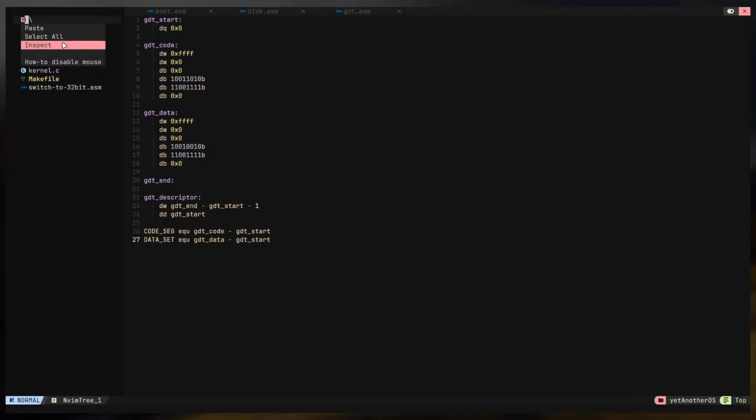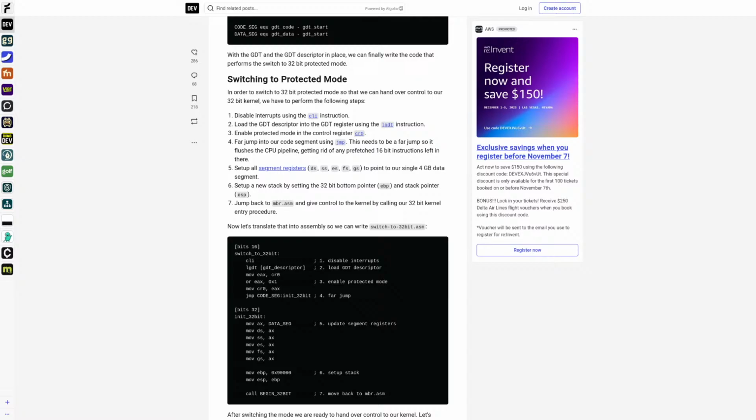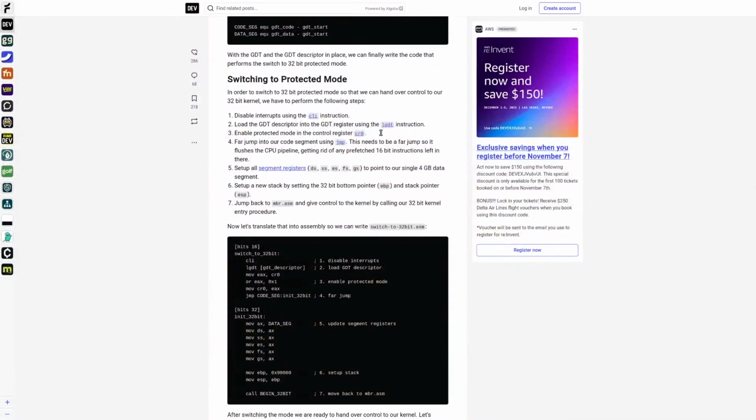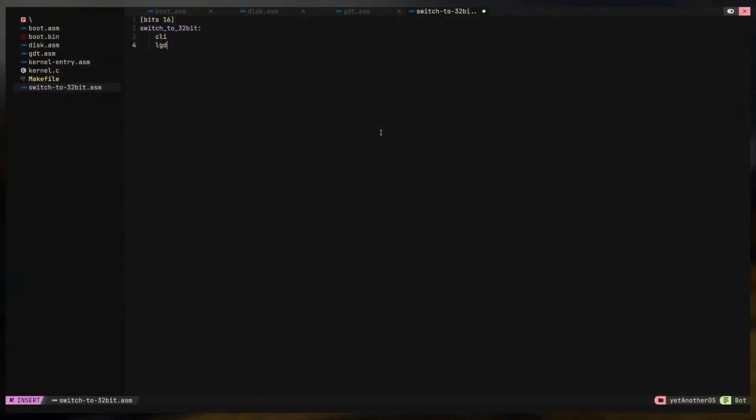Now let's translate that into assembly code, so we can write the switch to 32 bits. Yeah, get the idea. We're now switching to 32 bits, from real mode. Okay, alright, so we want to be here, and let's translate that. We first start at base 16, then we switch to 32-bit, then we disable all the interrupts, then we load the GDT descriptor. GDT is